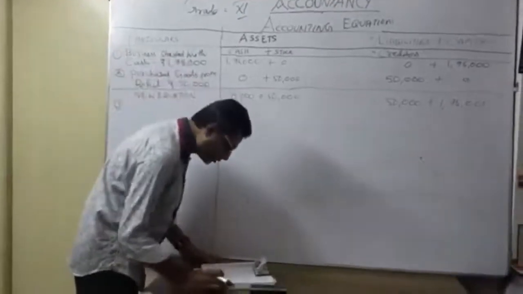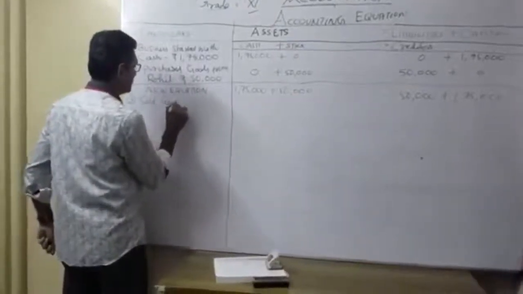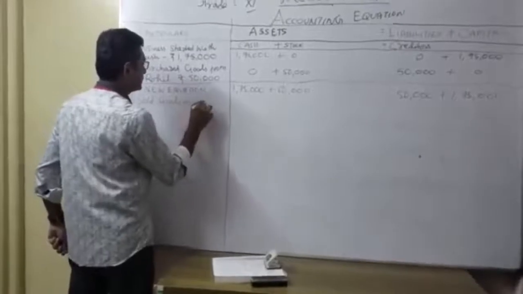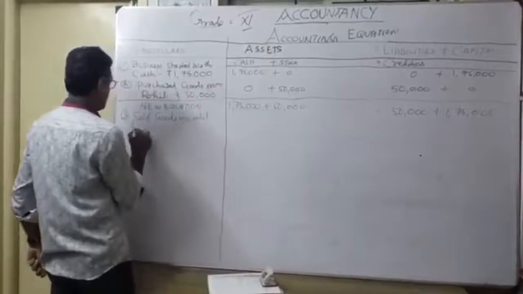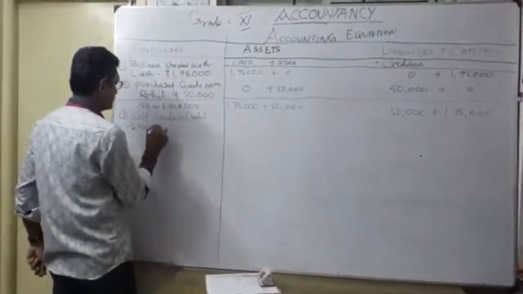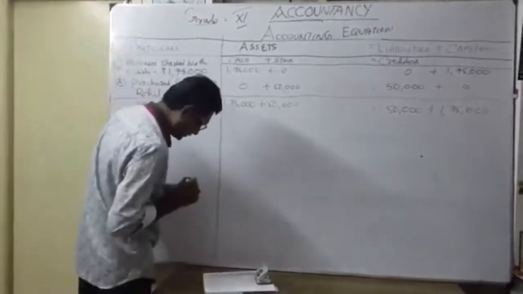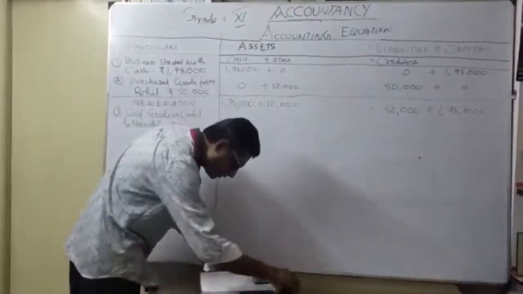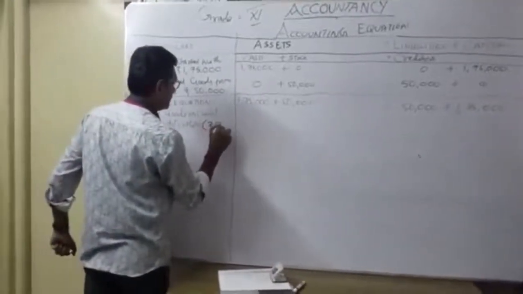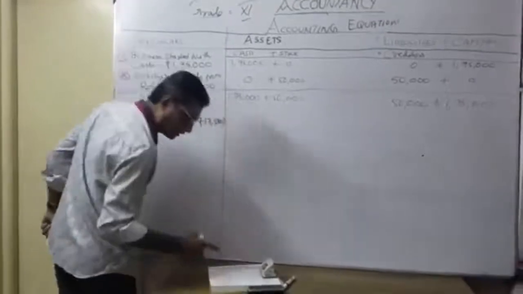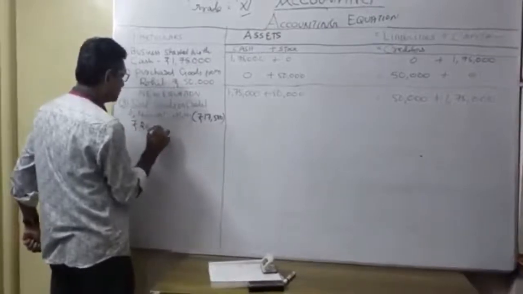See, sold goods on credit to Manish. It's a very important costing. Costing how much? 17,500, by bracket. So how much did you sell for? 20,000. That means I sold goods costing 17,500 for 20,000.